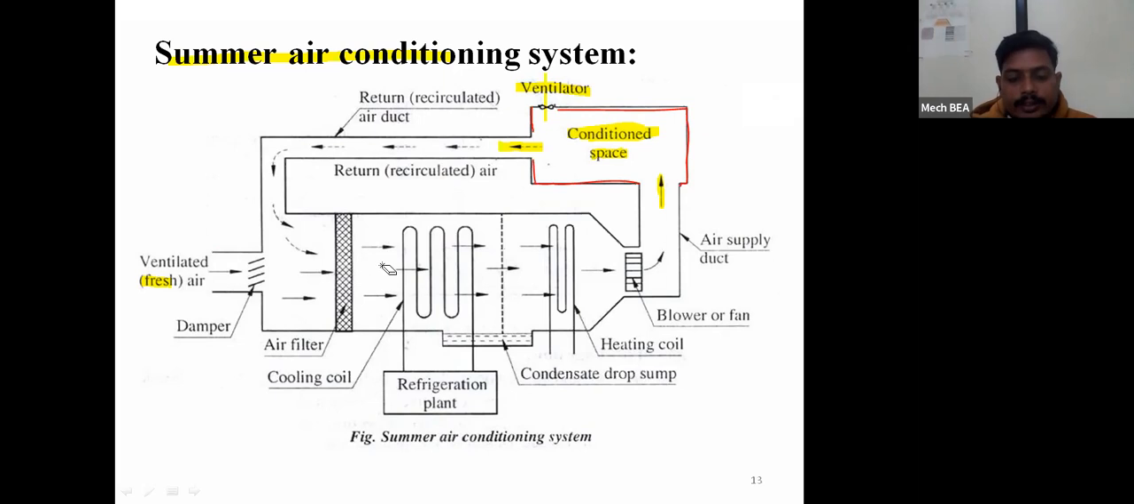That purified air will be circulated through the air filter and then passed over the refrigerant plant or refrigeration plant, which acts like a cooling coil. The temperature maintained at that cooling coil will be less than the dew point temperature of the mixed air. Because the refrigerant plant is kept below the dew point temperature of the mixed air, the moisture particles from that mixed air